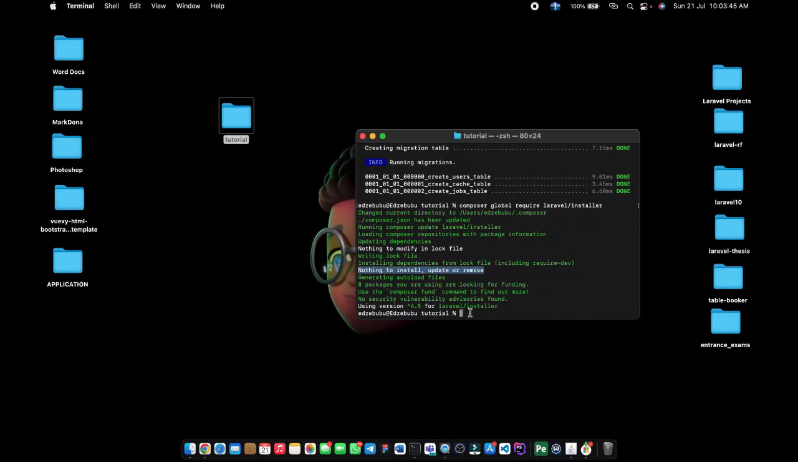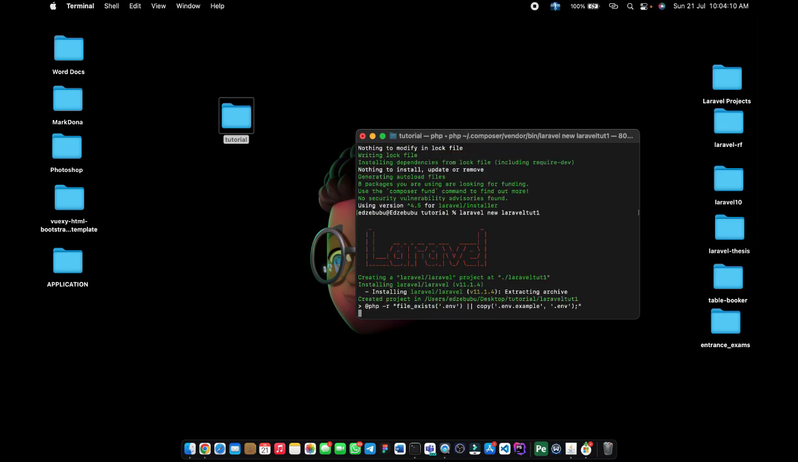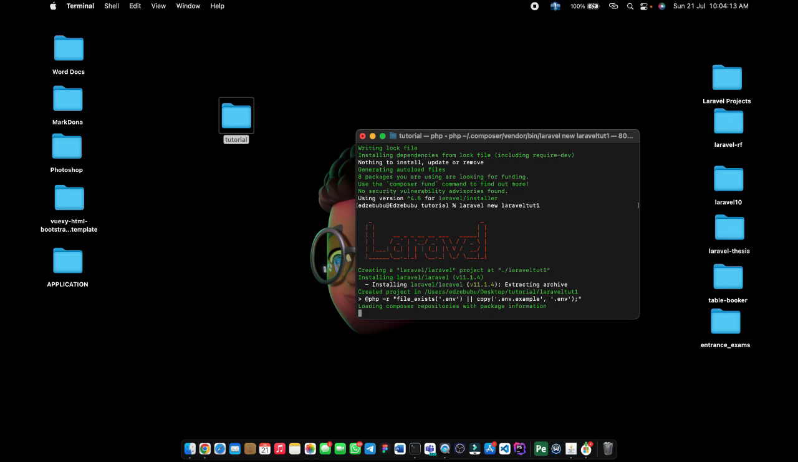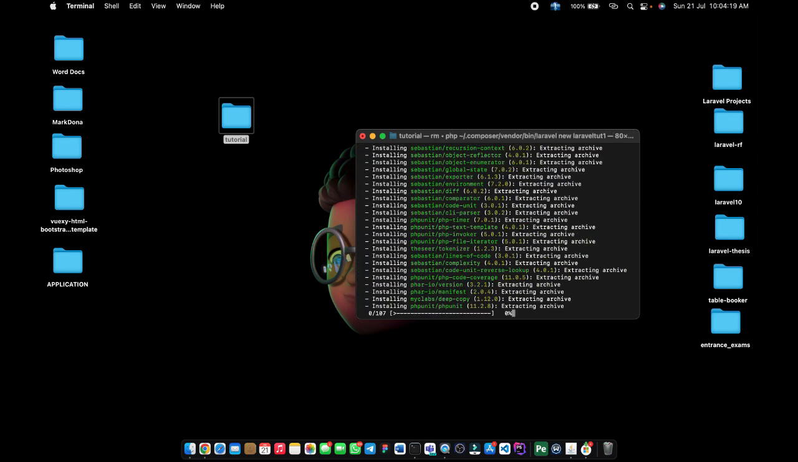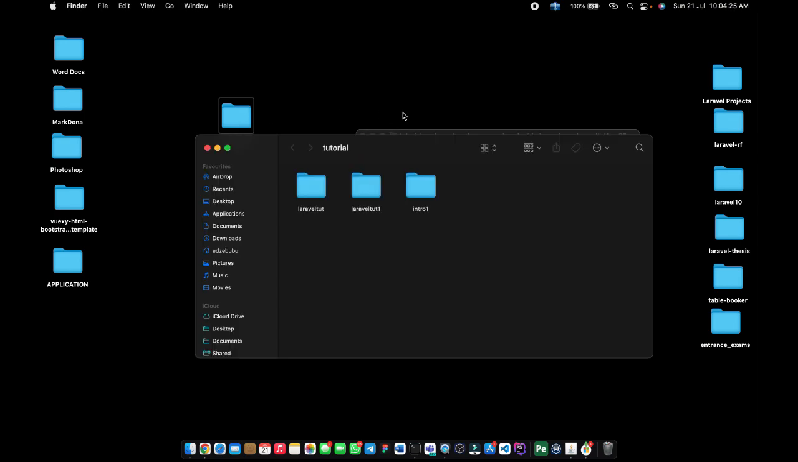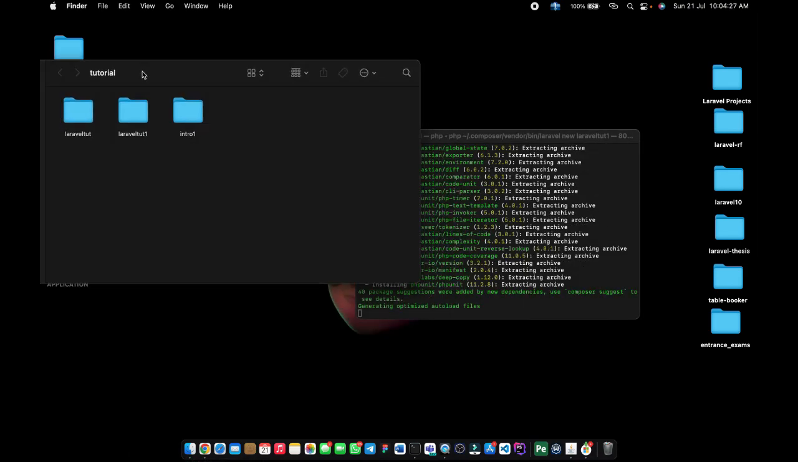To do that, you are going to use the command laravel new. Then you can specify the name of the project that you want to create. So let me make it laravel-tut-1. After hitting enter, the Laravel installer is now going to install or create a project for you with the name laravel-tut-1. So if I open my folder right now,